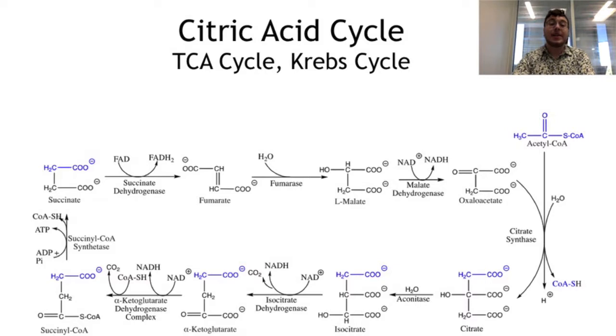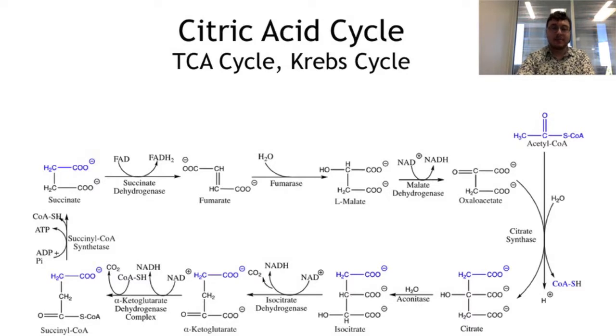Hello. We're going to continue talking about the citric acid cycle. The citric acid cycle is a series of 8 reactions, most of which are amphibolic. It is also known as the Krebs cycle, or TCA, or tricarboxylic acid cycle. Many of its intermediates are used in anabolic pathways as building blocks, and many molecules can enter this pathway throughout